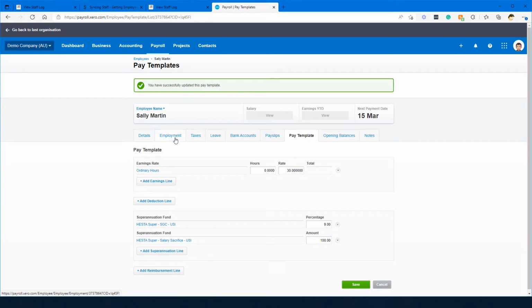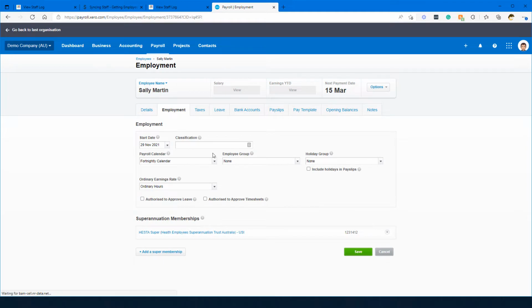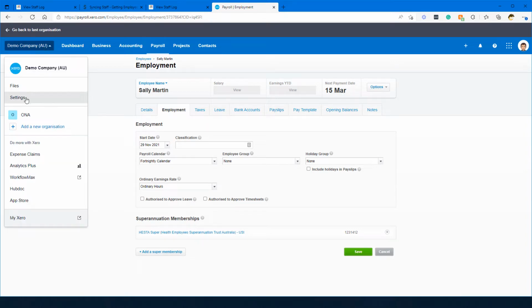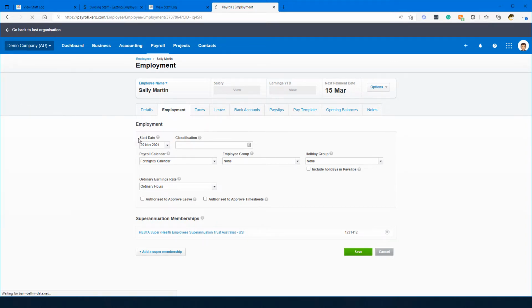The other thing to make sure is that they are set to the correct payroll calendar. So hopefully you've only got one. This account's got 2, a weekly and a fortnightly one. So we just want to make sure that all the stuff that we're exporting are on the same calendar when we're doing that. We've got the fortnightly calendar, and if you want to check, I believe you can go into